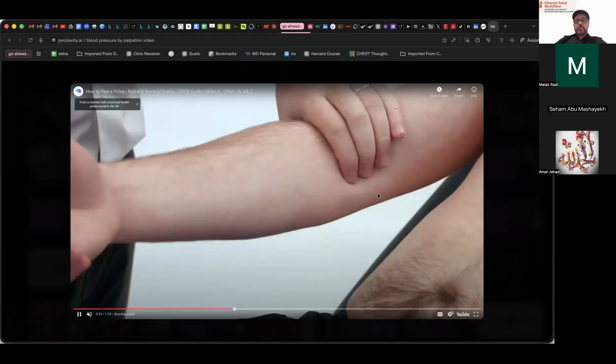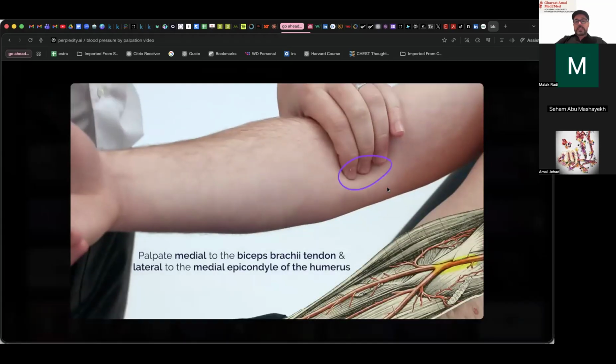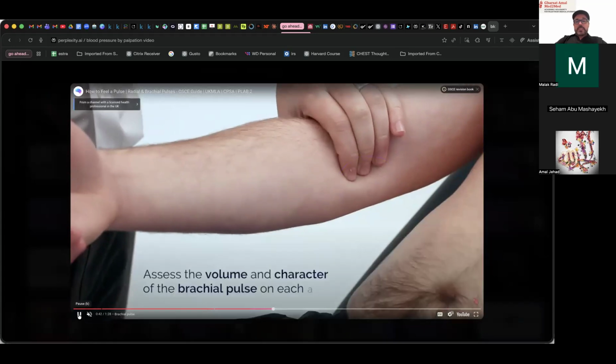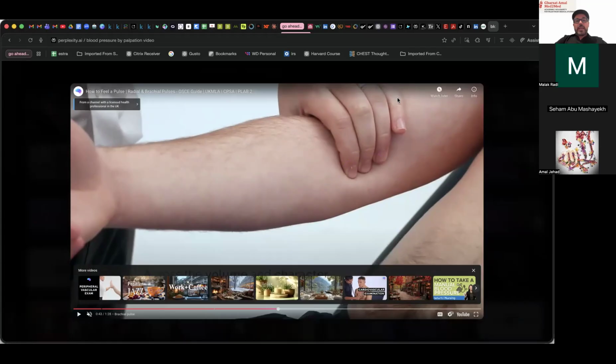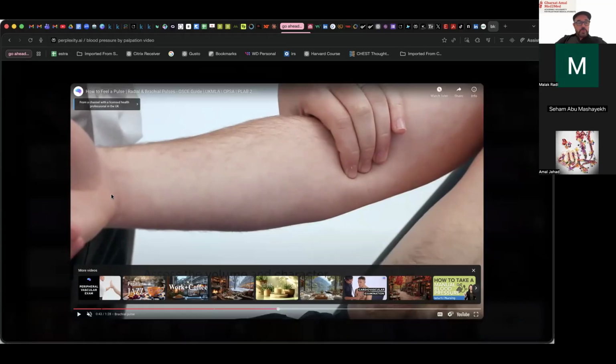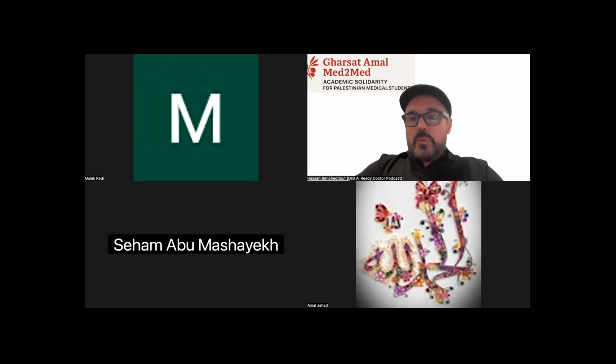Now, can you check the brachial pulse? Yes, that's where you check it. But because that's where the blood pressure cuff is, that's not going to help you check the blood pressure. So I just wanted you to know how to first check your pulse. Now that we know where to check the pulse, we now are going to try